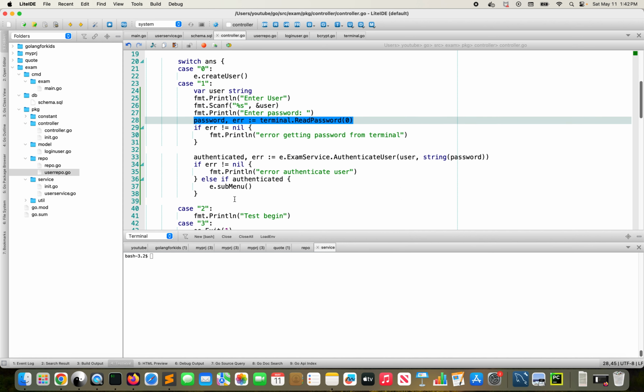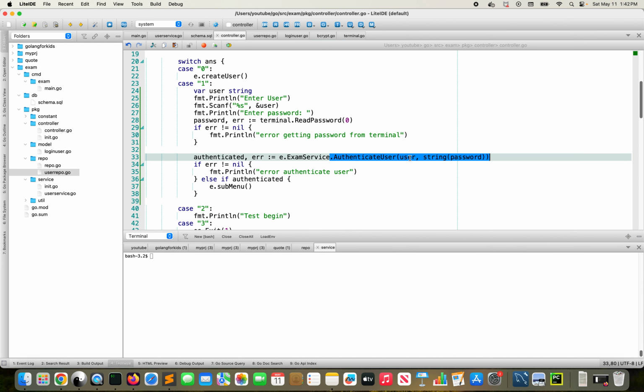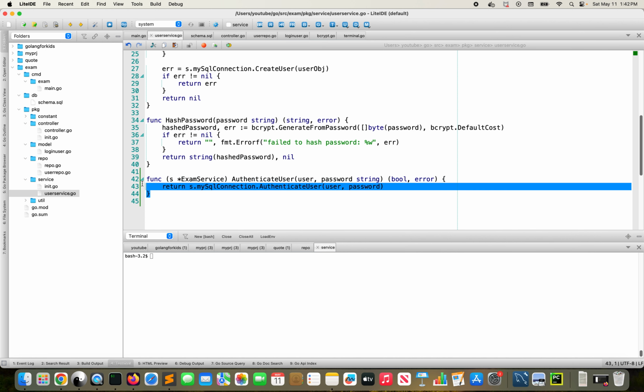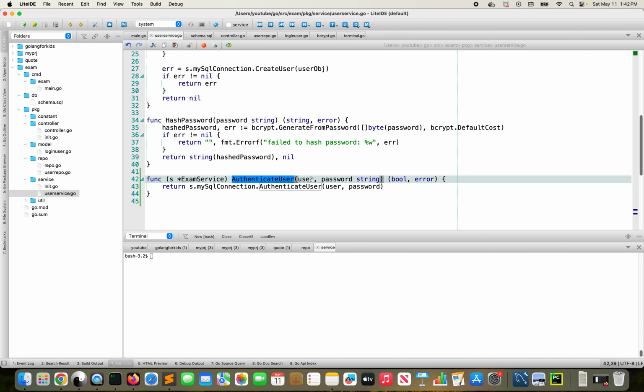Now we are going to call another service called Authenticate, and in the Authenticate service we are going to pass the user and the password. So authenticate user is the new function I put in the exam service. So let's go there. This is the new function I added, authenticate user, where we accept the user and the password, and then we call another function authenticate user in a repo. This is also a new function where we pass the user and the password. So we'll go to the repo,